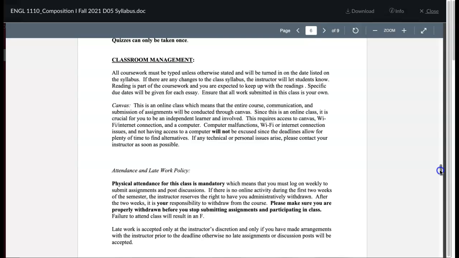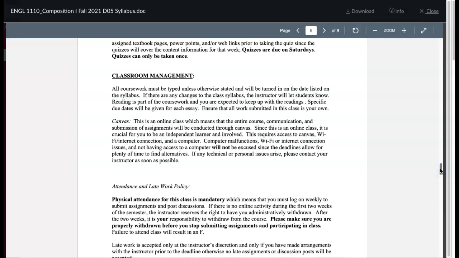When it comes to classroom management, please make sure that you have reliable access to a computer and also to Wi-Fi. Computer malfunctions and Wi-Fi issues are not necessarily considered excused, so you want to make sure that you have alternative methods. You have a plan B. Honestly, I think the best thing is to plan. Don't wait until the last minute to submit assignments, because sometimes the internet can be weird, especially with weather. Sometimes the internet can go out, so just make sure that you give yourself enough time to submit things,